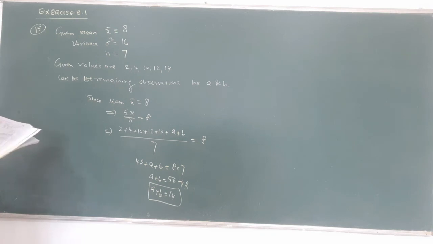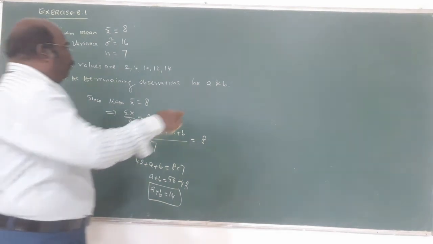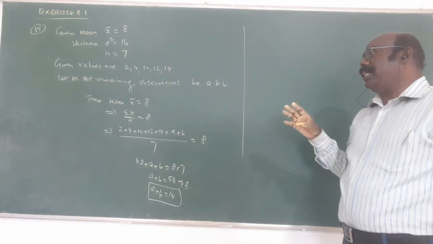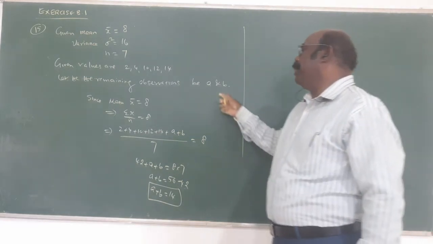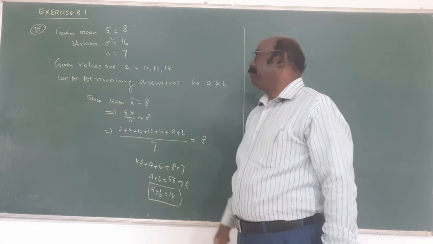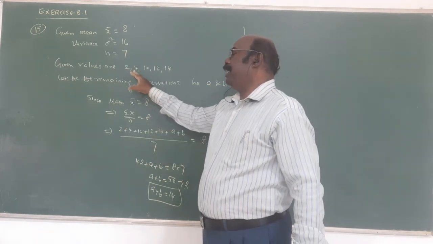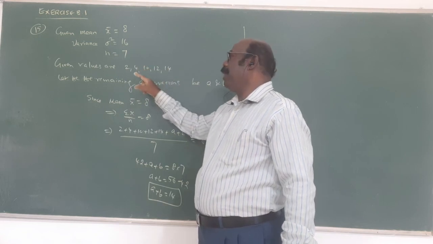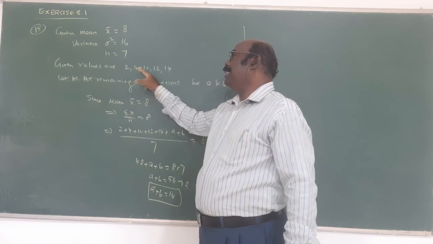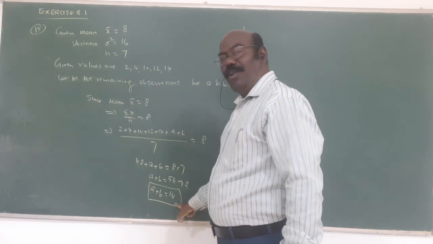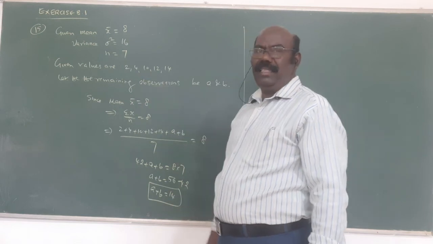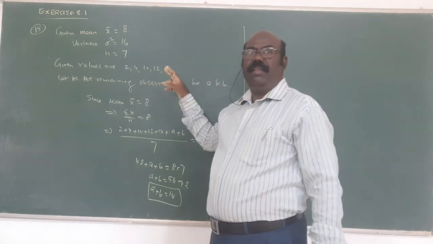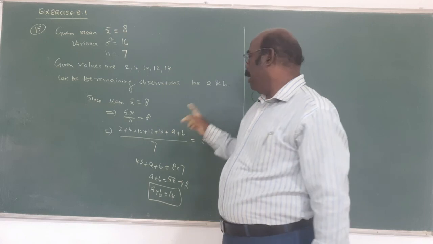Now from this data, what numbers are given? 5 numbers are given, but we use totally 7 values. The unknown values are A and B. Adding together they make 14. The numbers are 2, 4, then 10, 12, 14. In this way, 2 differences. The missing numbers, 6 and 8, will come. 6 plus 8 is 14. Now A and B are 6 and 8. You want to guess the number, that's all. Actually, 5 numbers are given. We want 7 numbers, 2 more numbers. They will be A and B.